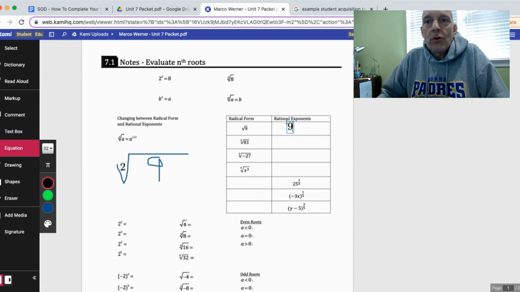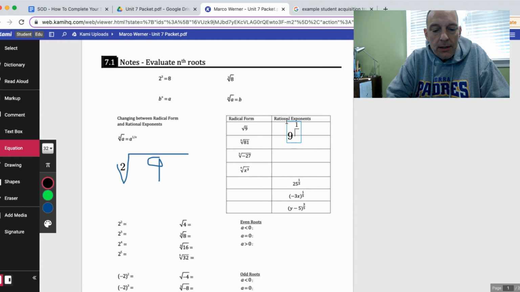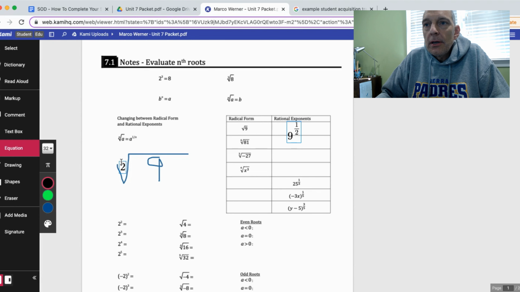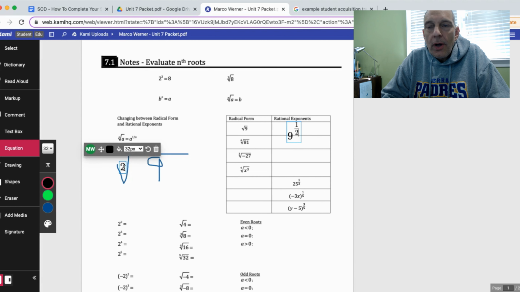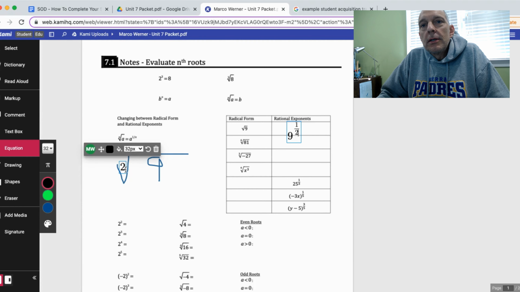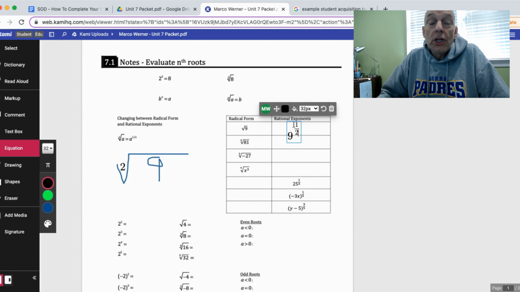And that 2 tells you that you're doing a square root. So it's the opposite of squaring a number. So if I were to write the square root of 9 as an exponent, I would write 9 to the power of, I'm going to put a 1 as the numerator, and I'm going to put the 2 as the denominator, because the denominator applies to what kind of root it is, whether it's square root, cube root, 4th root, etc. And the numerator just tells you whether you're doing it to the 1st power, 2nd power, or 3rd power. Okay, so for example, if I had the square root of 9, it would be 9 to the 1/2